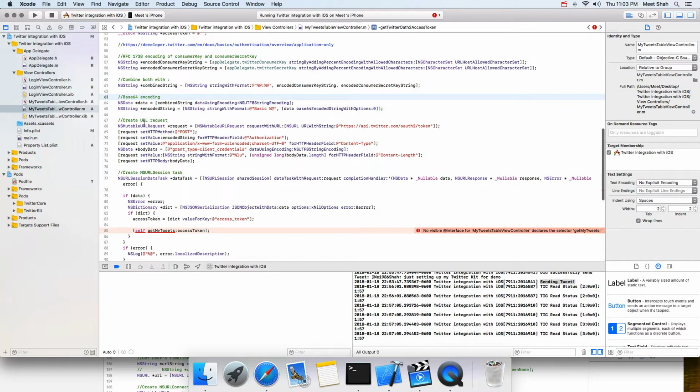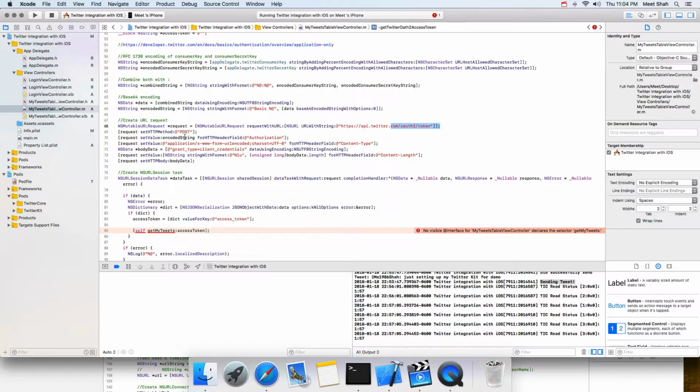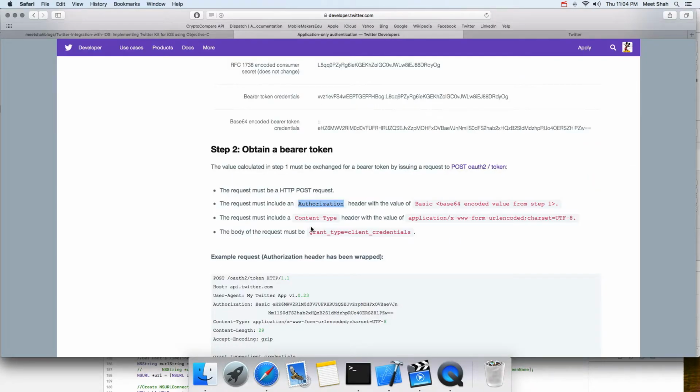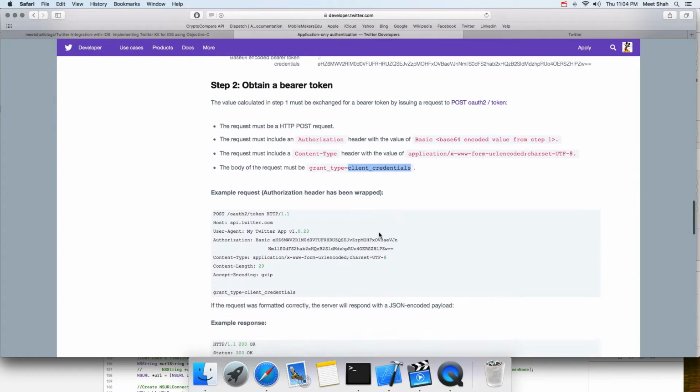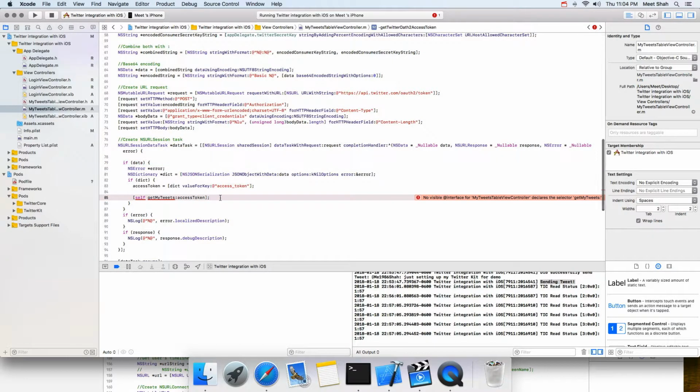And next, we are creating the request with this URL, and it's these steps here, set the authorization and the other two headers, and the body of the post method will be the grant type is the client credentials. So once it does that,